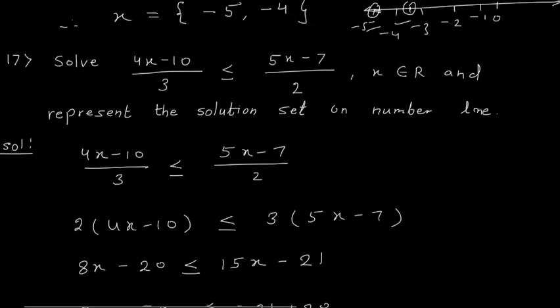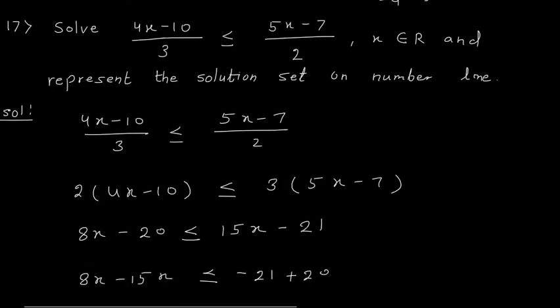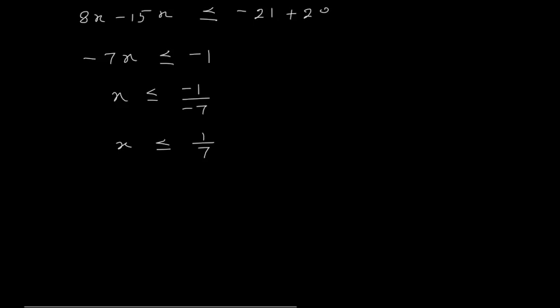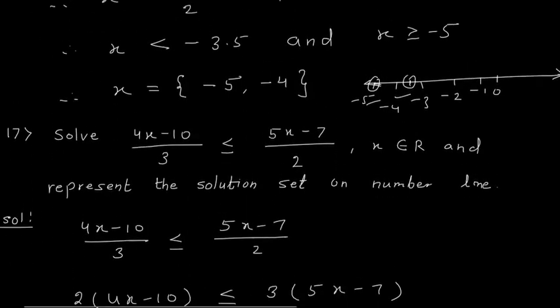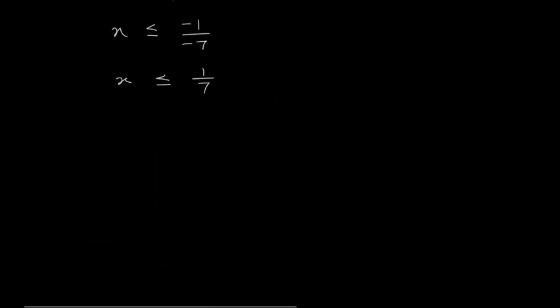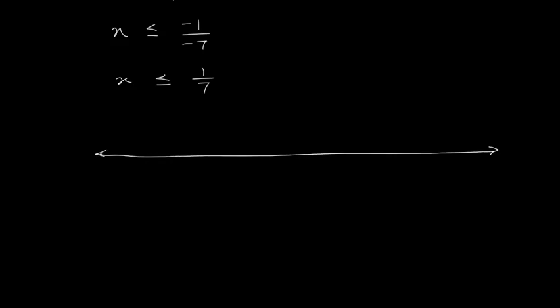But what is the problem? x belongs to real numbers. So for all the numbers less than 1 upon 7, I will mark them on the number line. We will draw a line. This is a number line. On this number line we have 0 here. Then we can divide 1 into 7 parts. So here we have 1 by 7, here 2 by 7, 3 by 7, 4 by 7, 5 by 7 and so on.